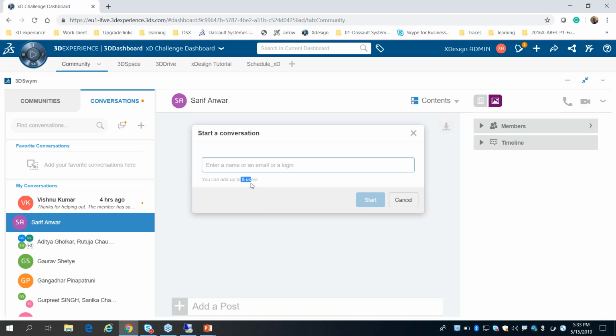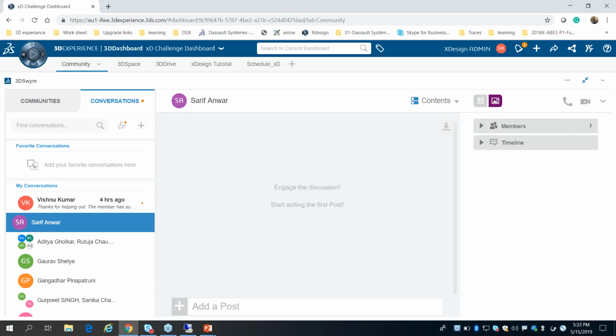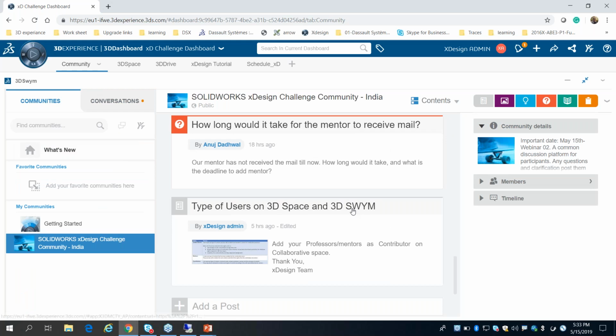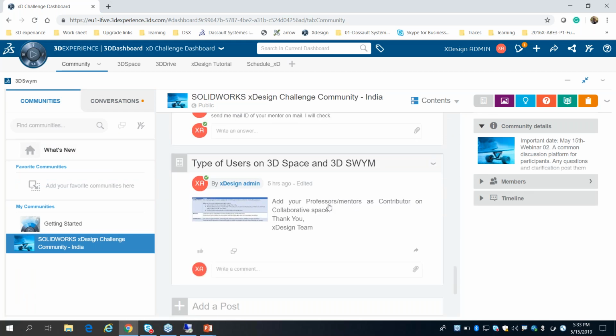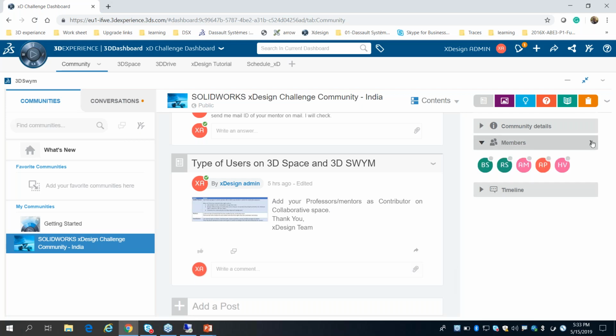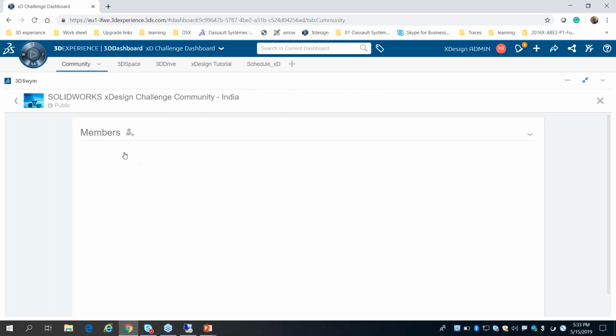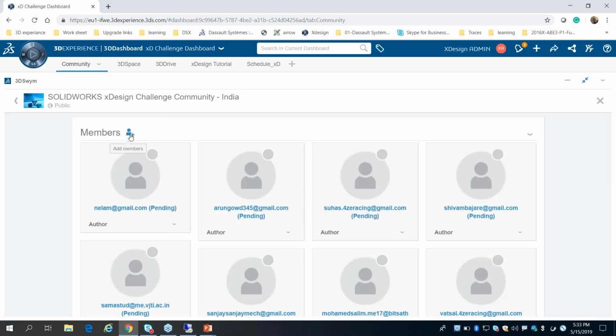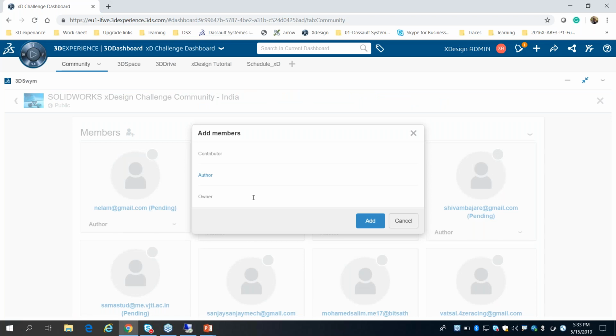You can add a maximum of 8 users, but we have given you an option to create a community. So those teams that have 10 members can create their private community. I'll suggest you go and create a private community and share all the data in the community. And finally, when you have created your community, just go to members, and in the members you will find the add member option. So you have to add